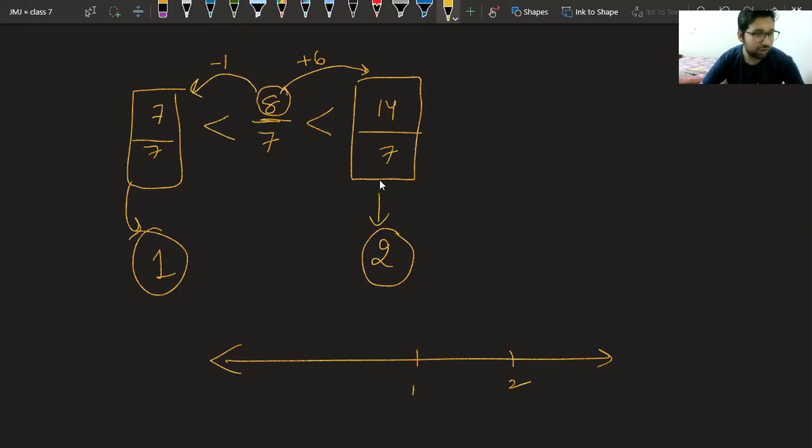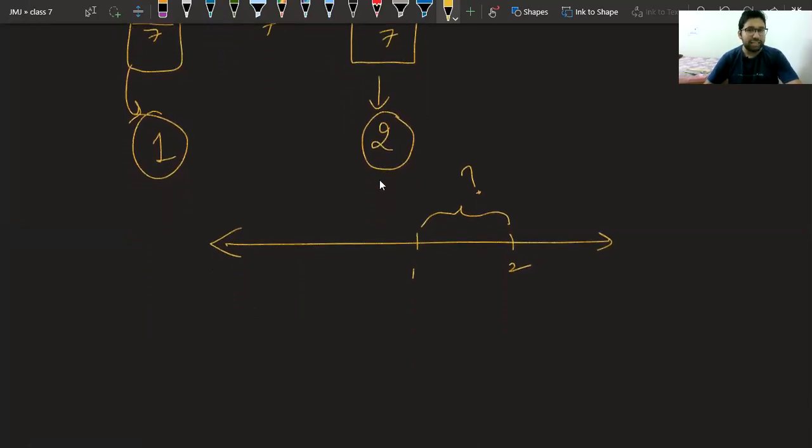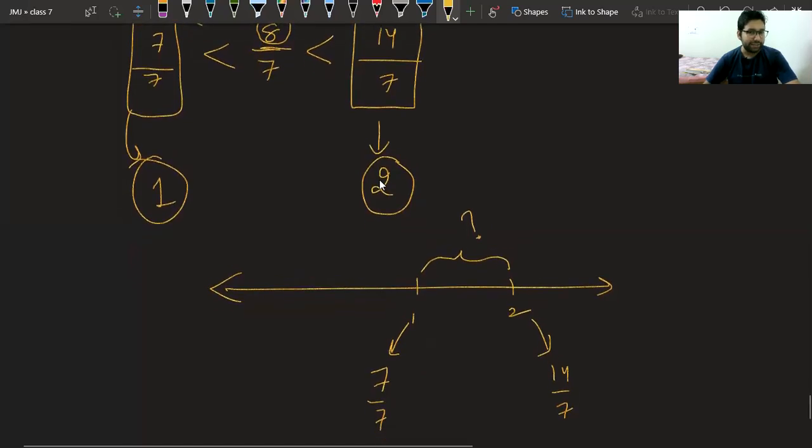Yes. Now comes the next part, class. After finding that the rational number is lying between 1 and 2, we need to understand where I should put it in this complete block. The question that arises in my mind is where should I put it in the block? Yes, very good. Bani, very nice beta. Bani gave the hint: sir, we can write the 1 as 7 by 7 and we can write the 2 as 14 by 7. Very good, Bani. Very nice. So by doing this, the question becomes very easy.